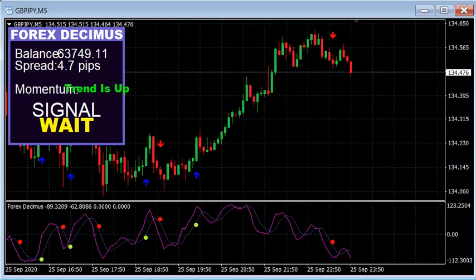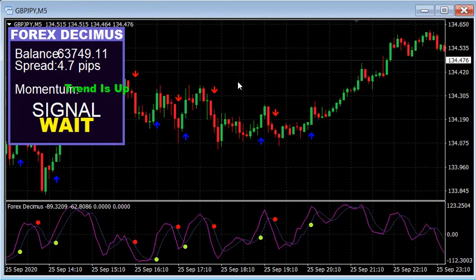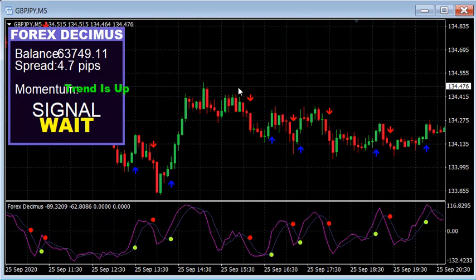Now, on a 5 minute chart, again, we'll use the pound yen for that. Same thing, you tend to get a lot of candles, but remember these are 5 minute charts, so they're separated by 30 or 45 minutes a lot of times. But the same rule applies. You're only going to want to take the trades in the direction of the trend. So if it's an uptrend and you get a buy signal, you take it. If it's an uptrend and you get a sell signal,